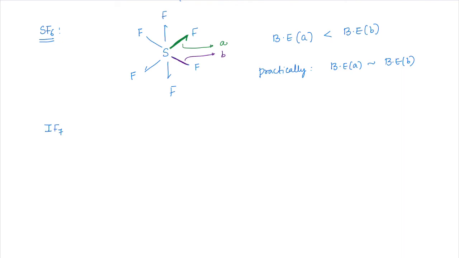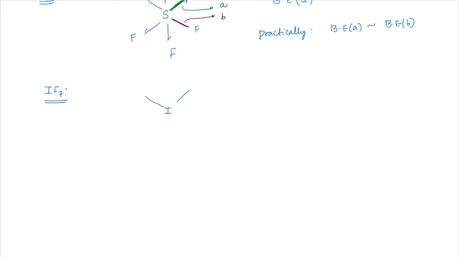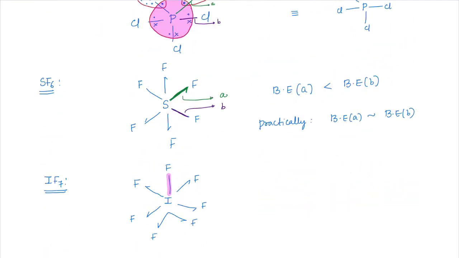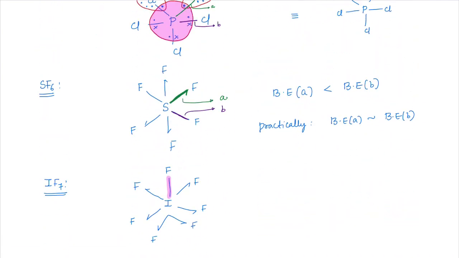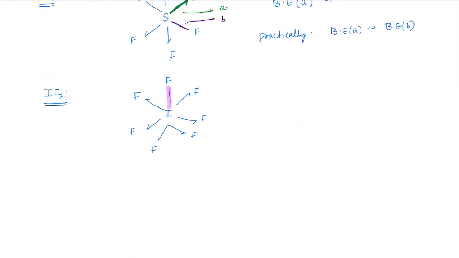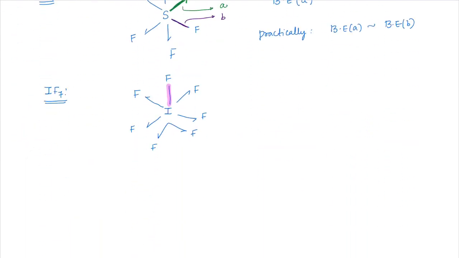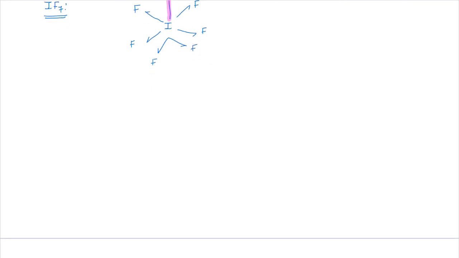If it is IF7, guys, how many will you have? Correct. So it has 1, 2, 3, 4, 5, 6, 7, a total of 7 bond representations, out of which only one is a single bond and the rest are all singlet bonds. This is how it is: F, F, F, F, F, F, and F. So this is the only single bond present, the rest are all singlet bonds. Again, this is also not valid in terms of bond energies. Practically speaking, the only match for Sidgwick was found for PCl5, not the others. So this was Sidgwick's singlet rule, which was not a great theory, but somewhere it was showing some closeness towards octet configuration.